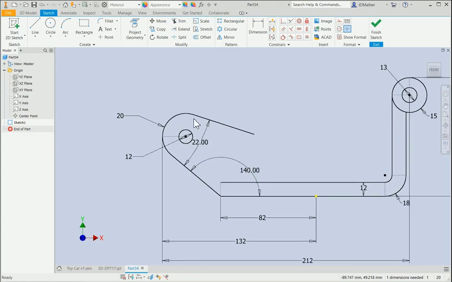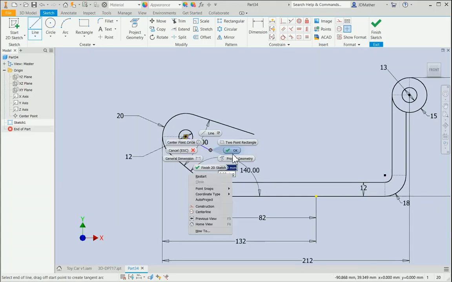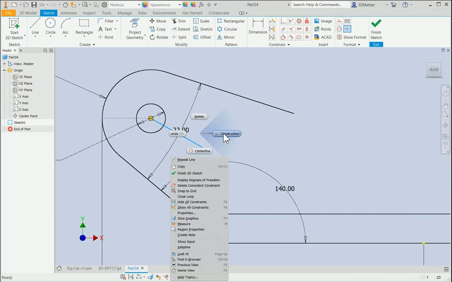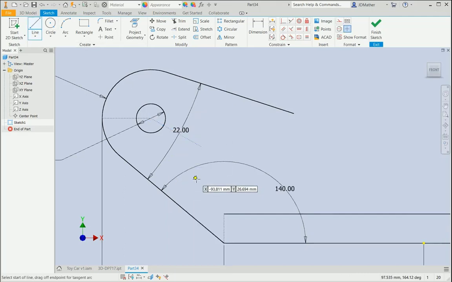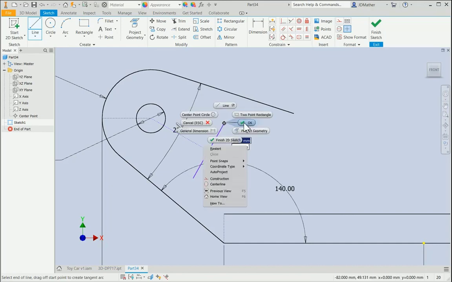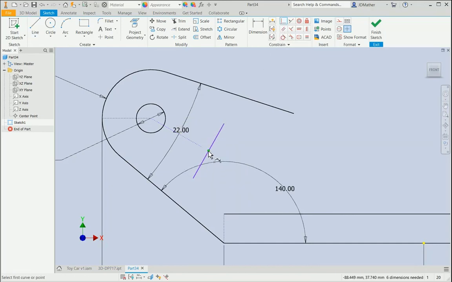Alright, I will then draw a line from the center of this circle down about like that. I'm going to make this line a construction line, and then I'm going to put a line up here about like this. And I want it actually perpendicular to that line. If I scrub that line, it'll automatically put the perpendicular on there, and then I'll do coincident the midpoint of this line onto the end of that line. I'll then dimension the distance from this line to the center of this circle, distance of 12,